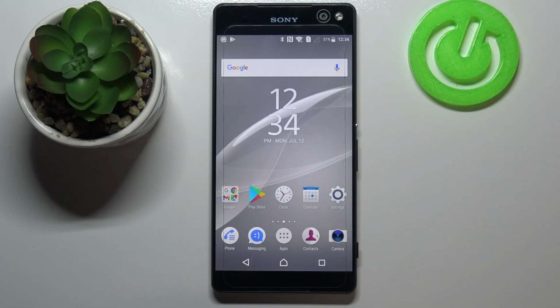Hi everyone, here we've got SONY Xperia C5 Ultra, and let me share with you how to change keyboard language